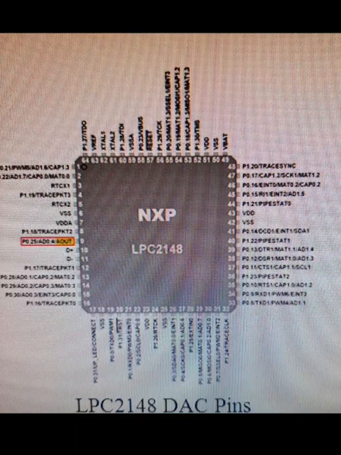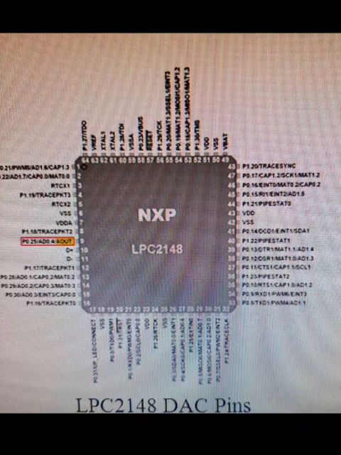The LPC 2148 has a 10-bit DAC with register string architecture. It also works in power down mode. The LPC 2148 has the analog output pin AOUT on the chip, where we can get the digital value in the form of an analog output voltage. The analog voltage on the AOUT pin is equal to value divided by 1024 multiplied by the VREF.